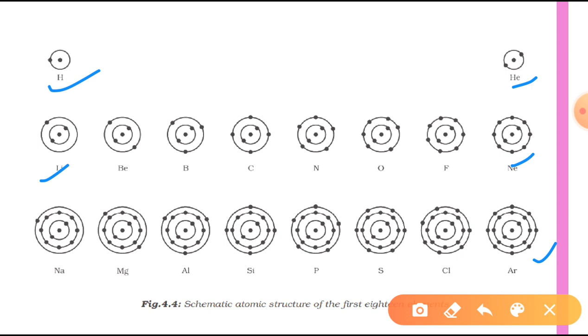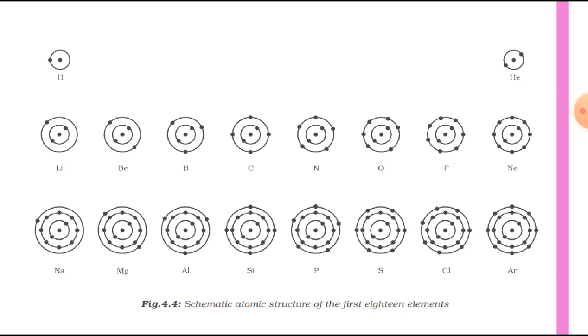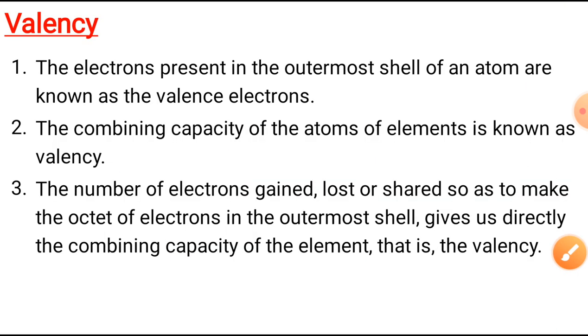Have a look at lithium. When lithium removes one electron from the valence shell, at that time lithium will be similar to helium. So its valency is 1. Have a look at beryllium. Beryllium has configuration 2, 2. So it's better for beryllium to lose 2 electrons and have a noble gas configuration like helium. So this is the concept. Let's go back and we will have a deep discussion on it.